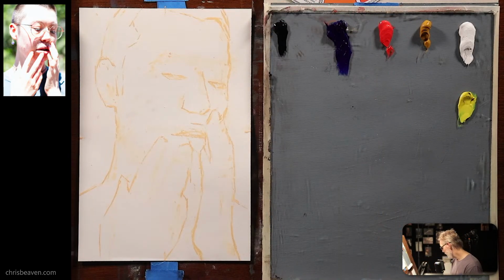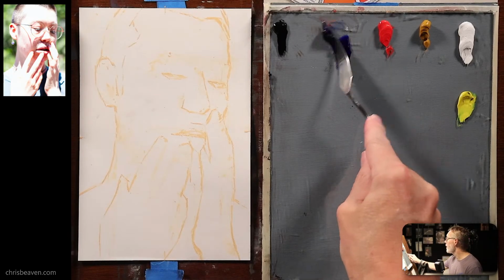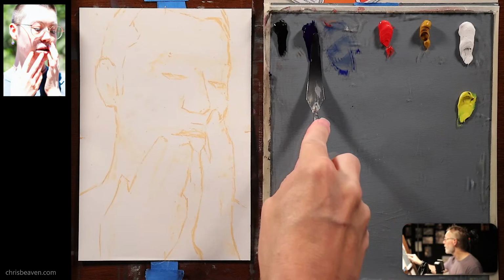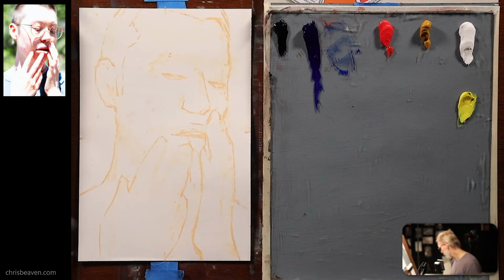And I think I'm going to also use some alizarin on this as well, but I need to be very careful with this alizarin. The alizarin I got is from M. Graham, which is a professional paint. It's not a student grade paint. And so the pigment load is a lot greater with M. Graham, even though